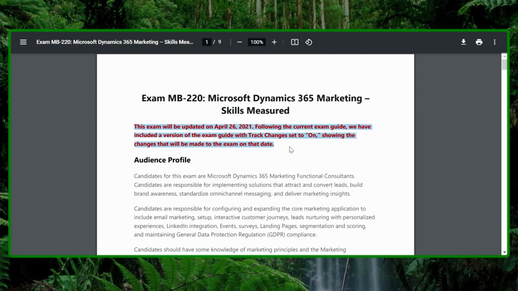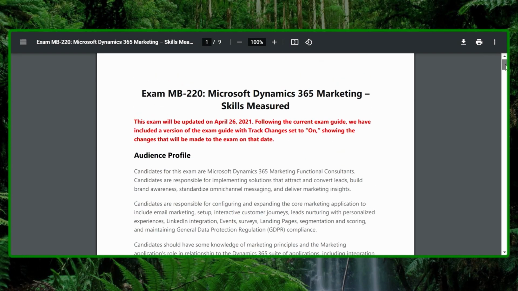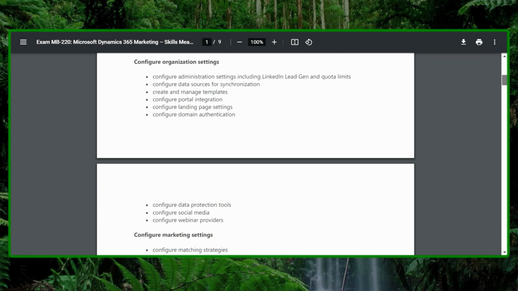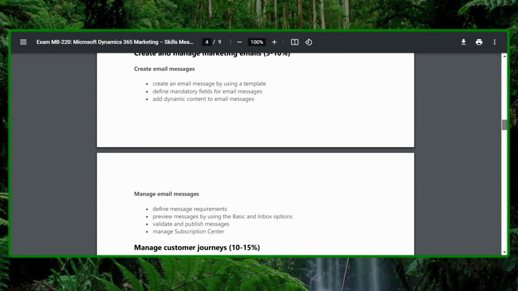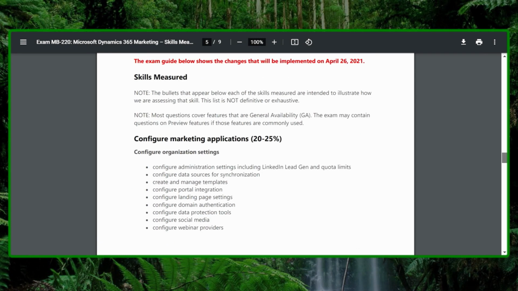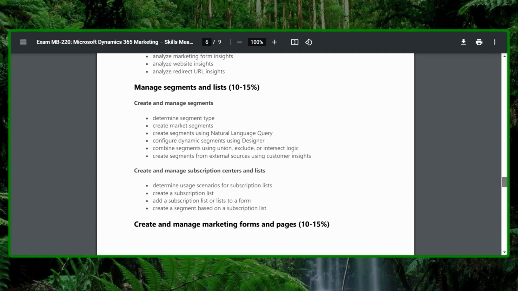Yep, so when the exam gets updated, which it does regularly, you need to know about that. And Microsoft are going to tell you the difference between what was on the old exam and what's in the newest version. And you need to be aware of the date as well, in terms of when you've booked to sit it. So if we scroll down a minute, here's all the old ones. And then if we go to the new bit,